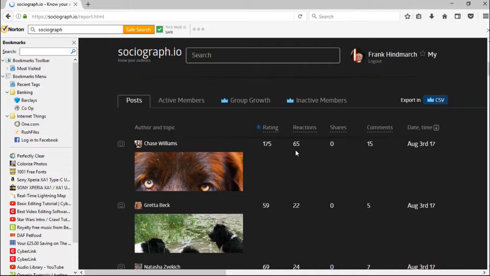The reactions are, has anybody commented on it or clicked like for a video or a photograph, sorry, and how many people have shared it, and how many comments have been made on that particular post. The rating is actually a combination of these three, and it's used to work out a ranking, if you like. And you can see, according to this, that's got a very high ranking